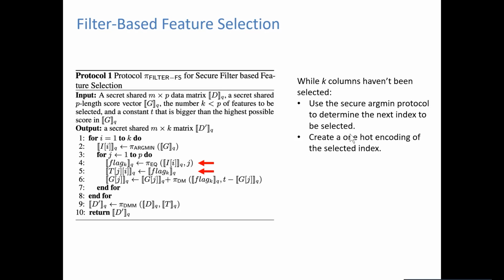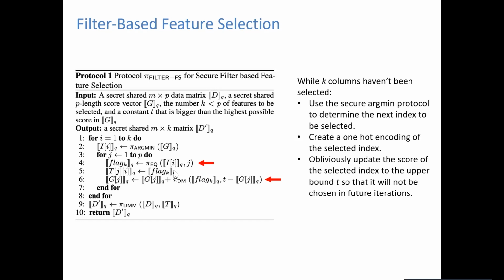So how you do that is essentially you're computing this secure equality test in between the result of the argmax and the value in the loop. I mean, you're looping over all possible features, and if the result of the argmax is the feature that you are checking now, if they're the same, then you know that the feature that you need to put in that position is that one. So you just put this flag here, and then you create this one-hot encode in the matrix T. But again, as I mentioned, you shouldn't be picking the same feature over and over again, and that's why we need that upper bound T.